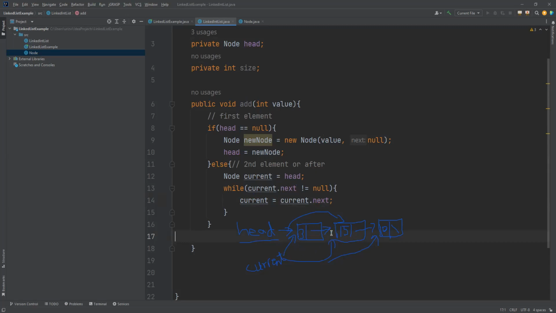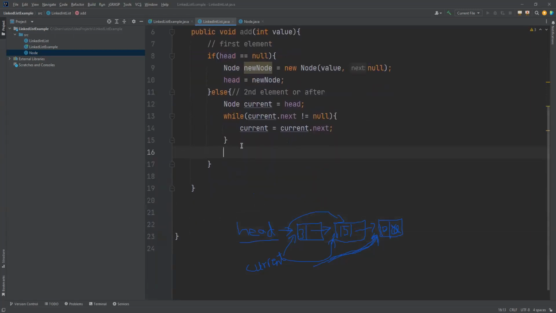Then when we get here, we check current dot next. Current is pointing here. We're going to say current dot next. If this is not null, we're going to go ahead and move the pointer right here. And then we're going to check again current dot next, this one. If this is not null, in this case it is null, then we're going to get out of the while loop, and at the end the current will be pointing right here. When we get out of the while loop, that means we are all the way at the end, and we can do current